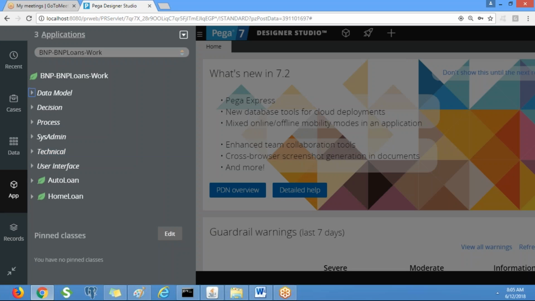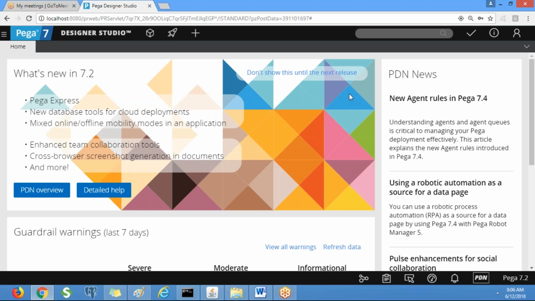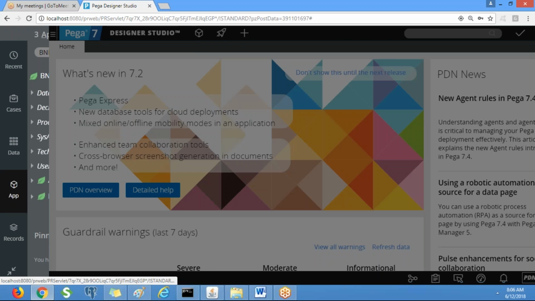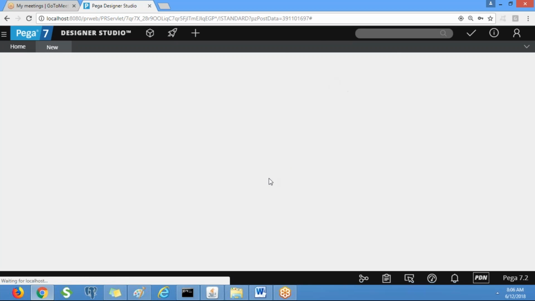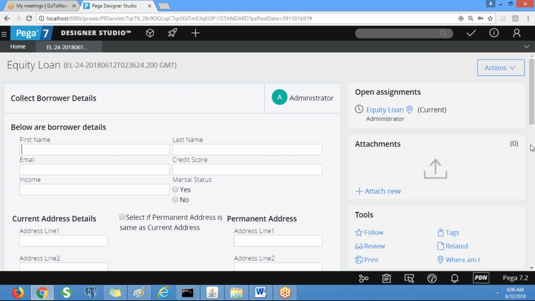Yeah. So yesterday we worked on the assets and liabilities scenario. We created grid layouts for assets and liabilities. Now we need to calculate the sum of the assets and the sum of the liabilities automatically. Let's say I am going to execute the equity flow. We have the assets and liabilities screen in this flow, right? We created and included the assets and liabilities screen in all the flows.